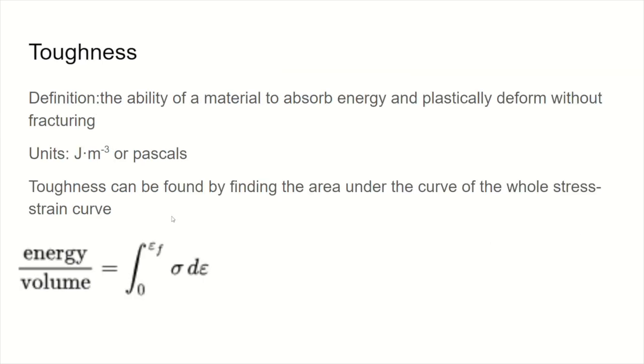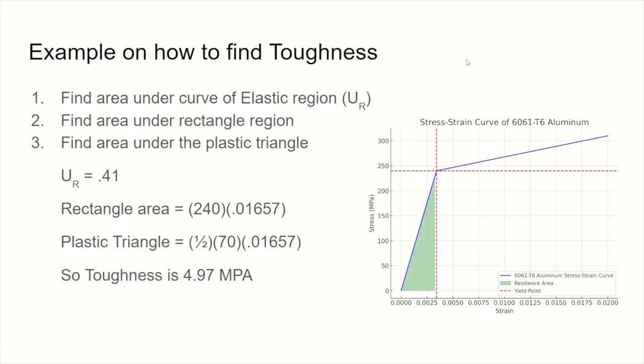Toughness is defined as the ability of a material to absorb energy and plastically deform without fracturing. Units are the same as resilience. And toughness can be found by finding the area under the curve of the whole stress strain curve. So this time we'll do the whole area, not just the elastic region. So going back to our previous example,